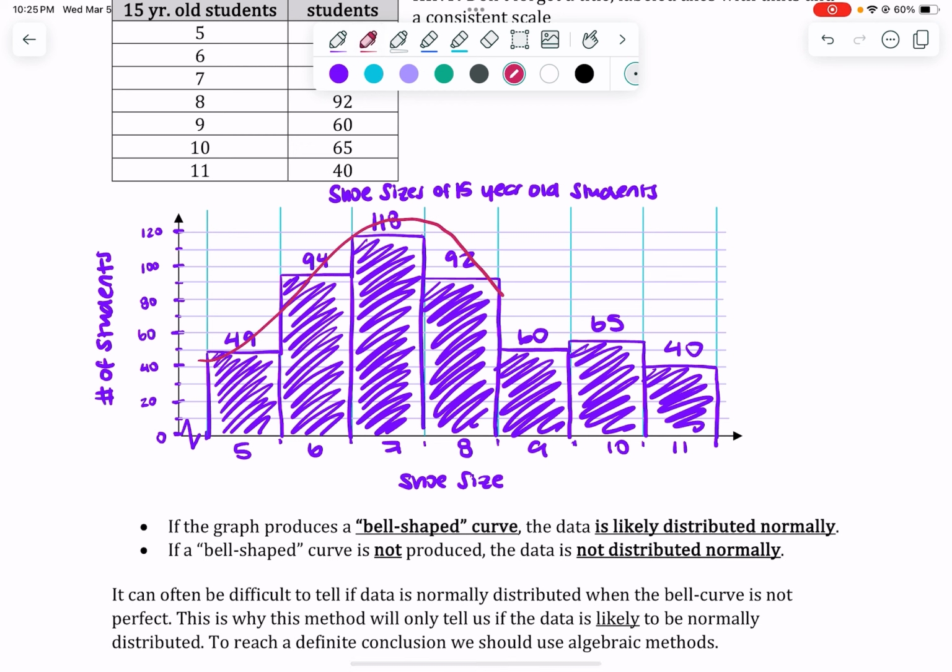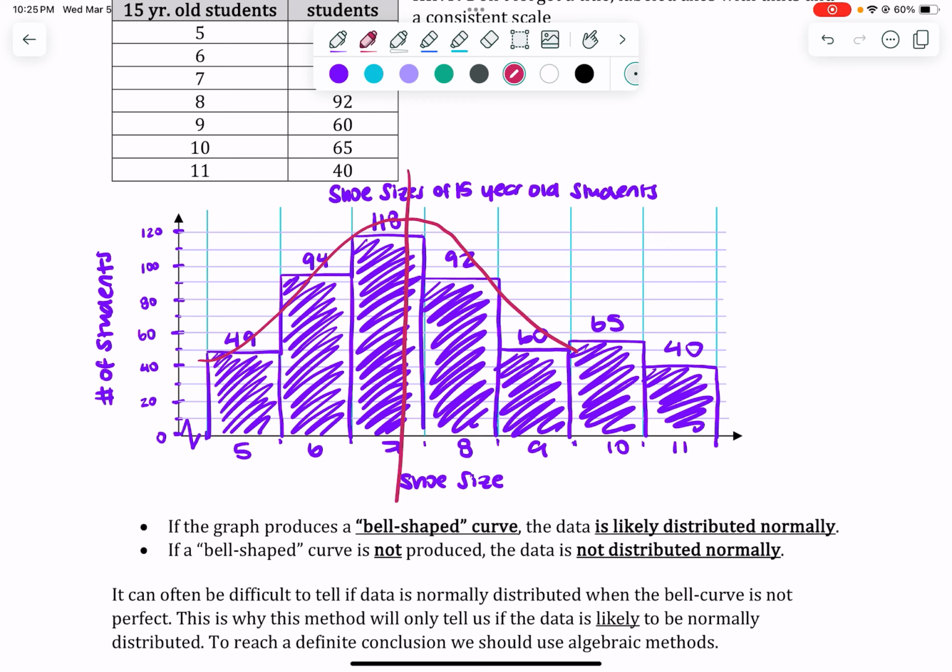I can see kind of this vibe going on. However, it's definitely not perfect, right? I don't have full symmetry, right? Because if I'm looking there, there's definitely way more data values towards the larger shoe sizes